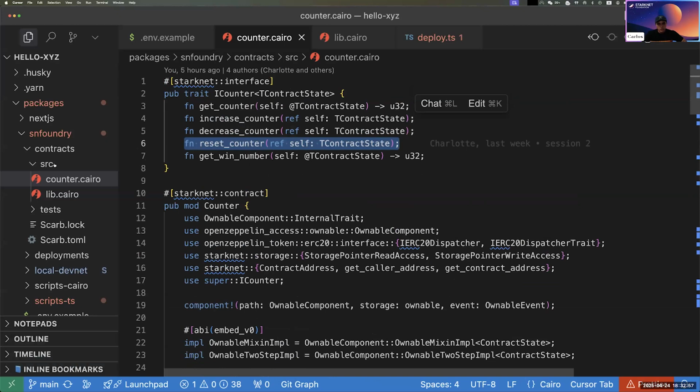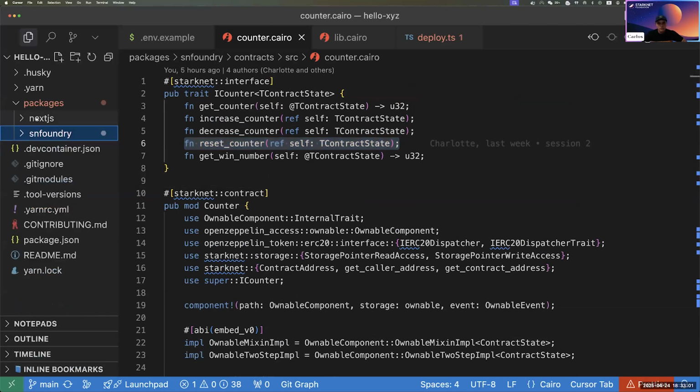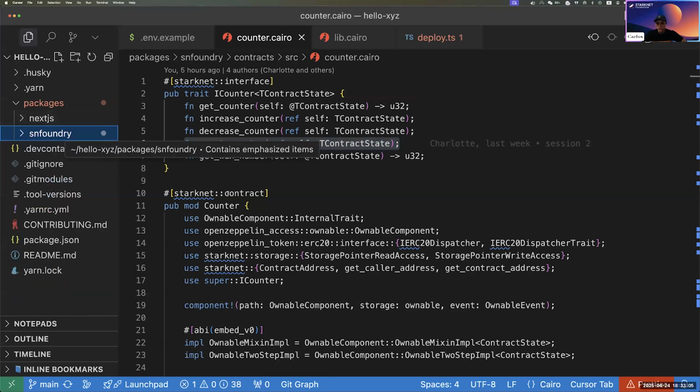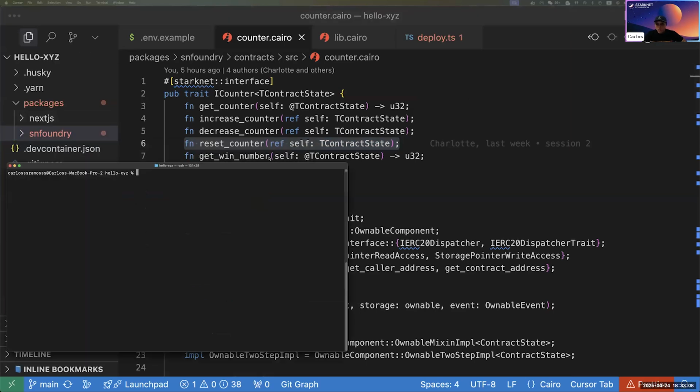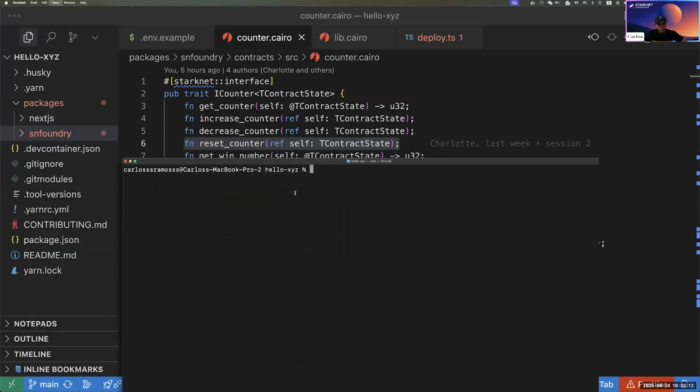Okay, so the next thing to do is I'm going to explain the Next.js part. So again, this is the StarkNet Foundry part. We can do many things. Let me put my